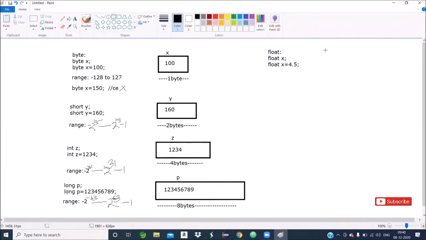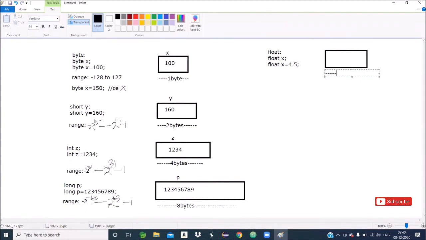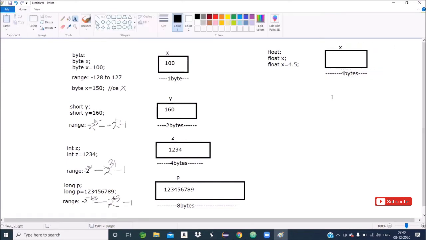So float occupies 4 bytes. 4 bytes of memory, and the name of the memory is x. Here there is a twist, so listen mindfully.